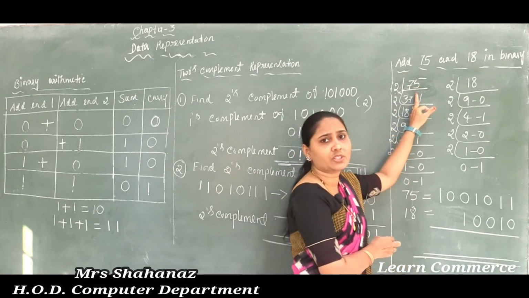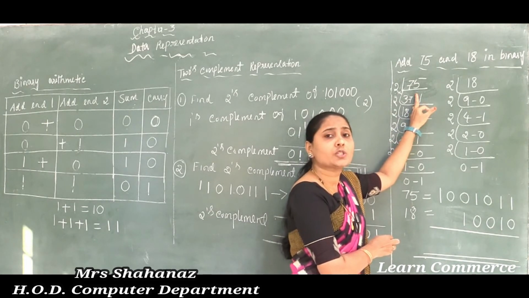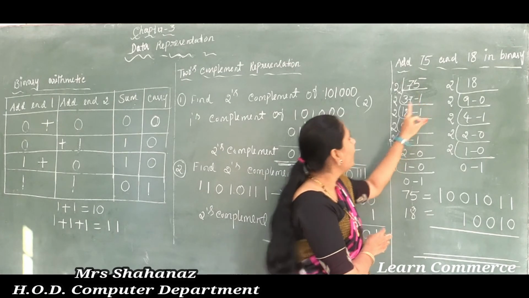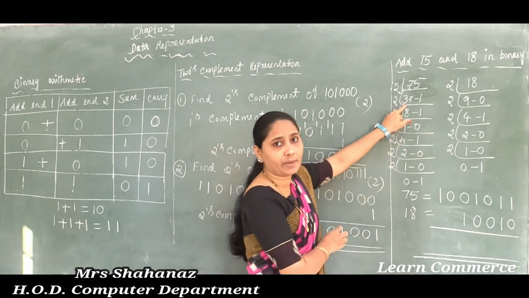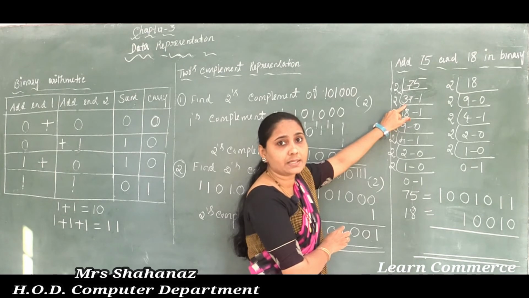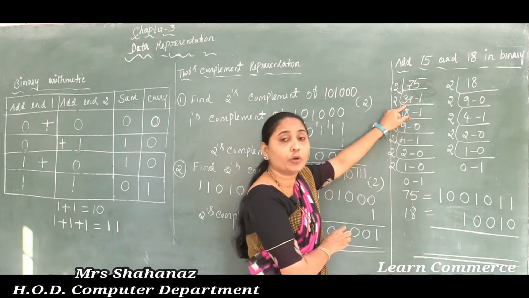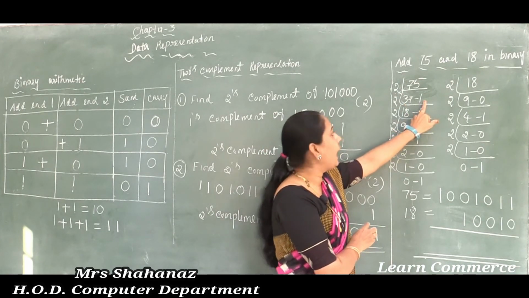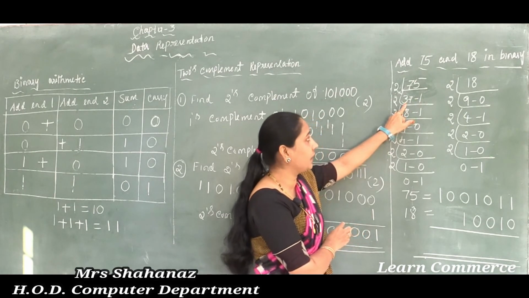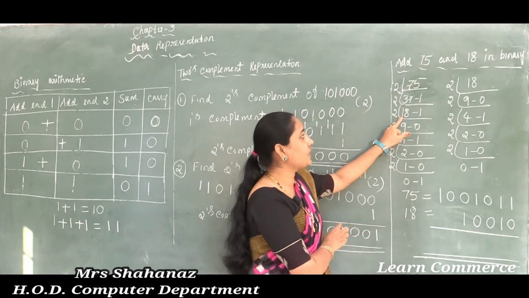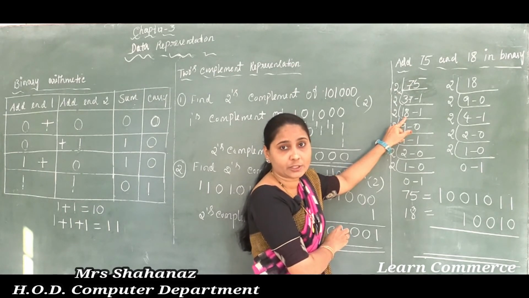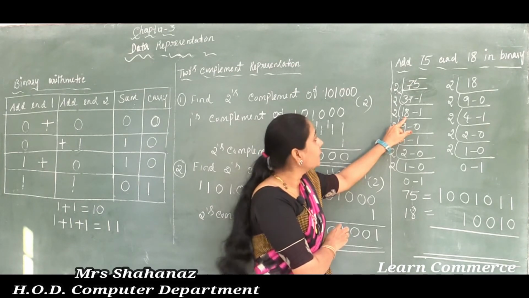Now such number, first of all, I need to divide by 2. So when you divide such number 75 by 2, we'll get 37. Clear this point here? That means 2 into 37 gives the value 74, and 1 is the remainder. Later we need to divide such 37 by 2. That means 2 18s are 36. Clear this one? 2 18s are 36 here.